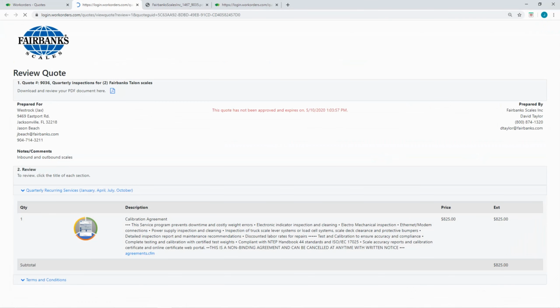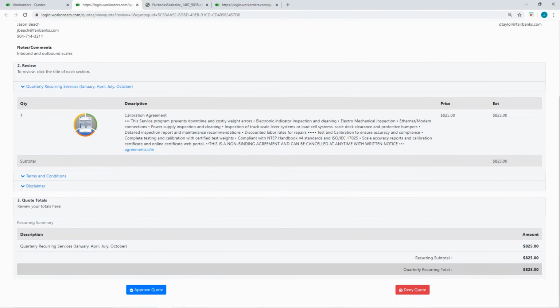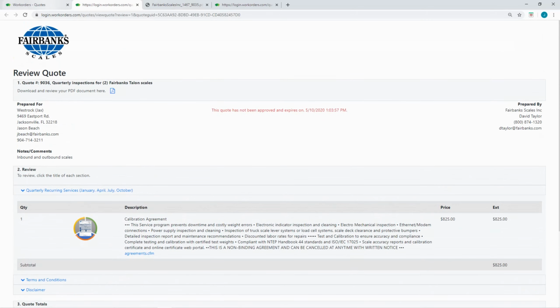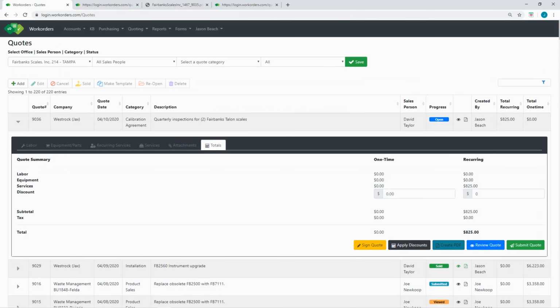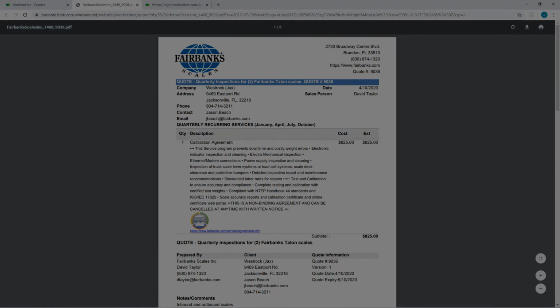So let's review the quote. Again, this is WestRock. It was prepared by David Taylor in the upper right column. And again, you can see right here we have the quarterly recurring services January, April, July, and October, and the calibration agreement along with the descriptive information that talks about what's inclusive of a service agreement. We can go back and we can actually create the PDF as well. Out of these additional tabs, and here it is. WestRock, David Taylor was the service technician, the calibration agreement, and again you get to see your 4 months that have been designated for the inspections. If we were to